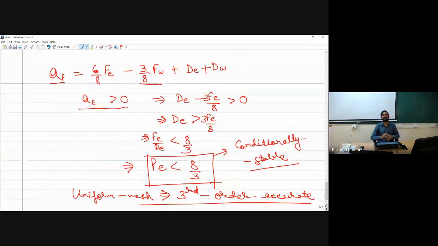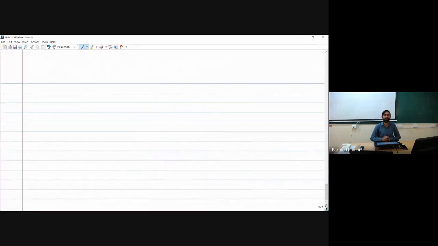Basically, this particular expression you have to derive from Taylor series expansion. And from the Taylor series expansion, whatever terms will be neglected, their order will be third. Now, because of this particular feature of the upwind differencing scheme, that it is not completely stable,